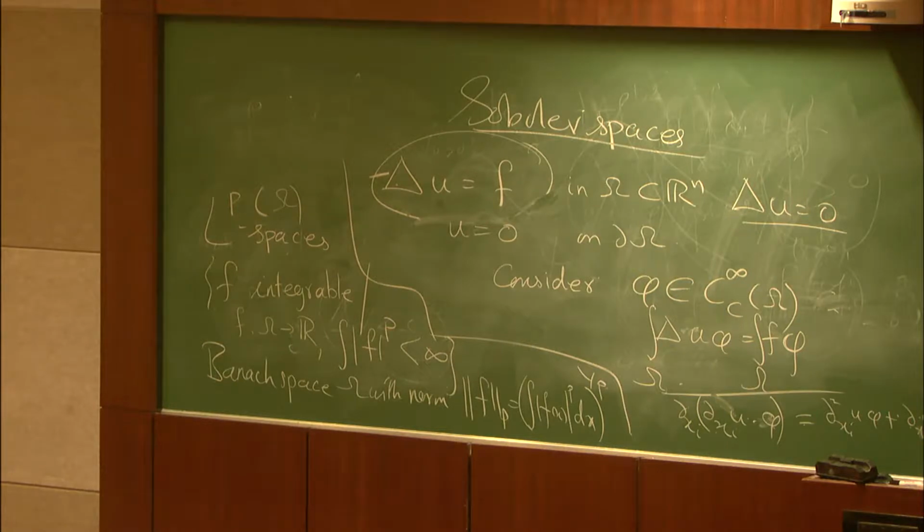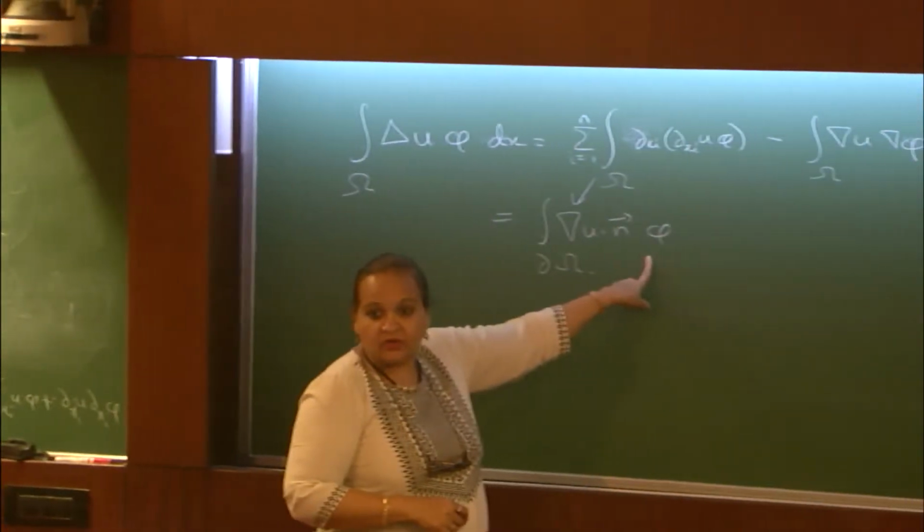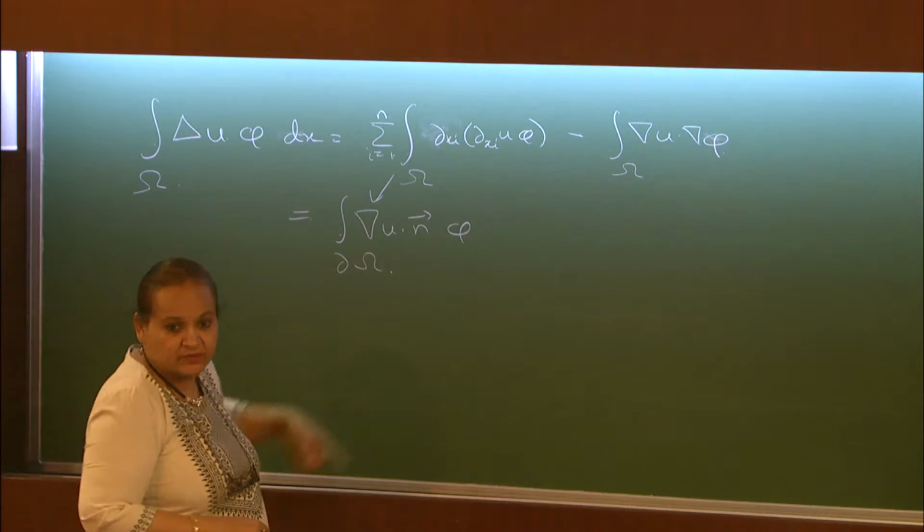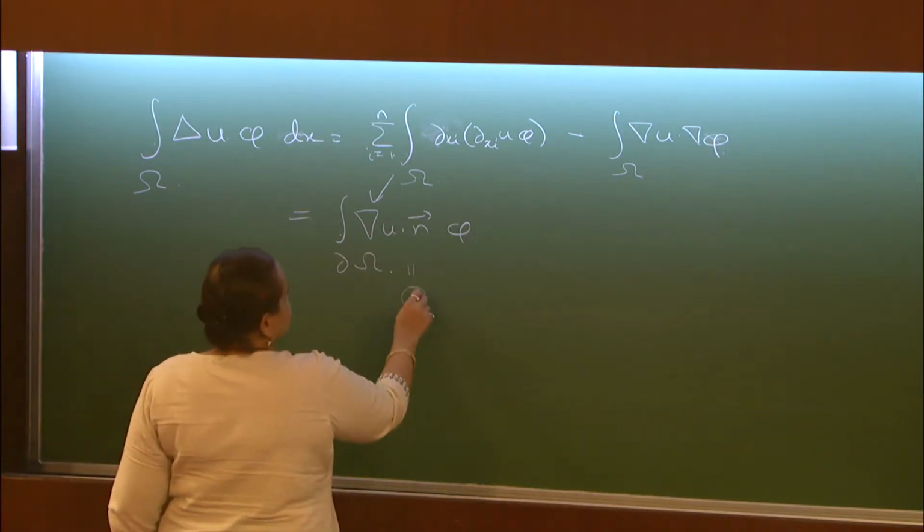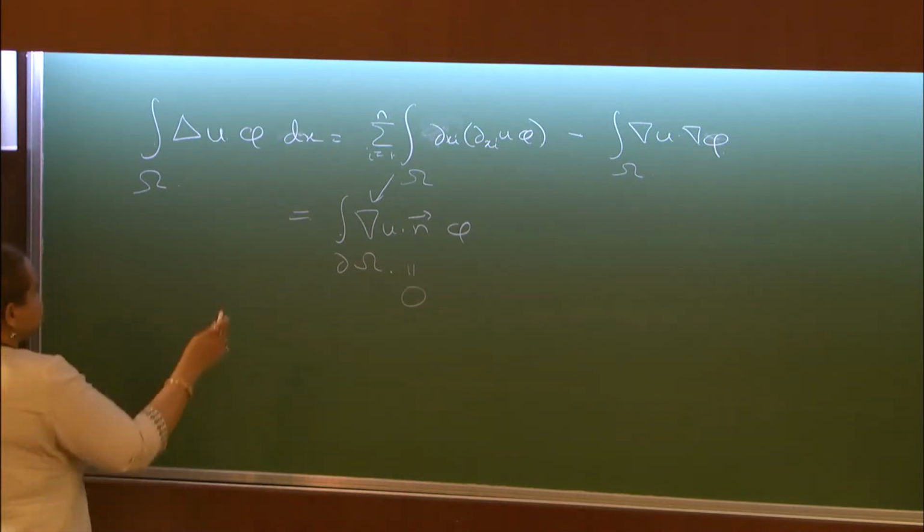So here we have 1 to n. So here you can apply your Green's theorem. And what do you get? This is equal to the integral of gradient u dot n times phi on the boundary of omega, right? Your phi is a function with compact support, so it is going to be 0 on the boundary. So this term goes away. So this is equal to 0, and we get